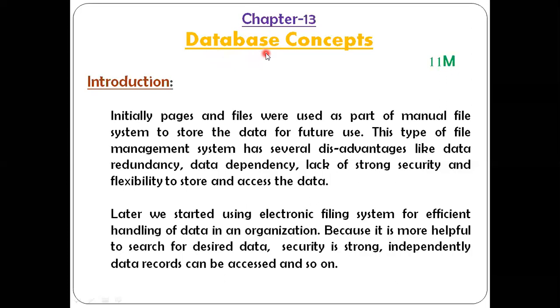Again, there are so many examples out there. I would like to take one more example. If you go to a medical shop and ask for so and so medicines, you will show the prescription slip to the medical shop. What they will do, they will take the slip and type and see whether this medicine is available or not in our medical shop. They will just type 1 or 2 letters. No, this medicine is not available. They are trying to check whether that medicine is available or not. They are checking in their database. Again, I would like to give one more example that is related to database.